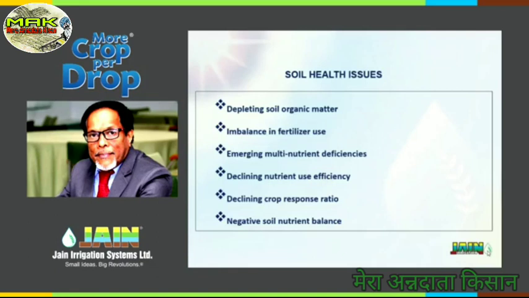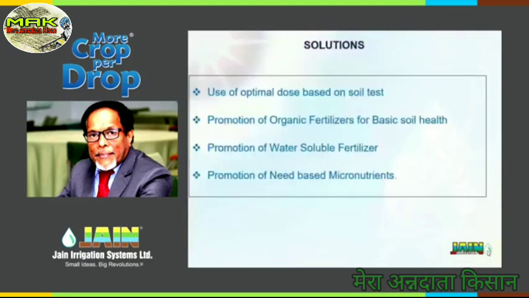First, use optimal dose based on soil test. Now, here I give you a corollary. WHO has asked all the countries in the world to increase testing for coronavirus: test, test, and test. The same thing applies to your soil in agriculture. Do more tests. If you do a seasonal test before you start the crop, which is very unlikely in India, you do better crop planning and get better fertilizer response. At least do a test every year, one time a year.